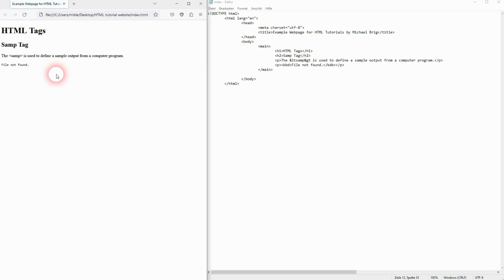There are no specific attributes for this tag, so this is already all there is to know about the SAMP